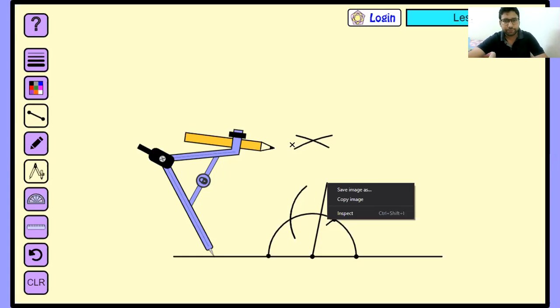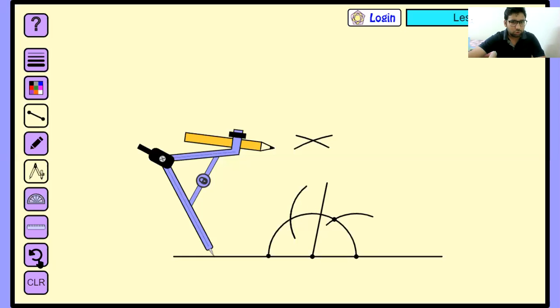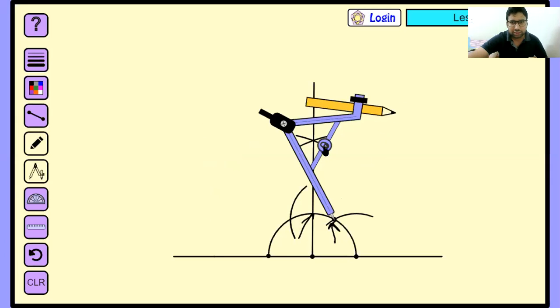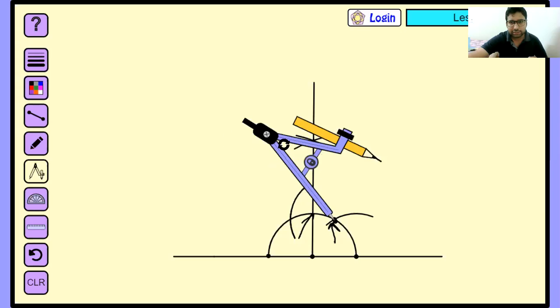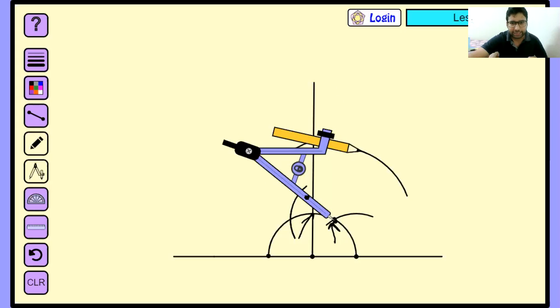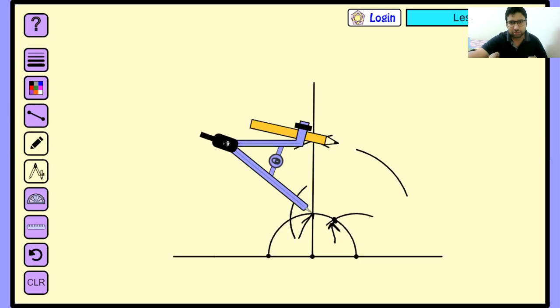Oh, sorry. How to remove this? Okay, now it's okay. Again, line. So we have got 90 degree angle. To draw 75, I know I will have to bisect the angle between this 60 degree and this 90 degree. So very easy. Bring compass on 60 degree now. Take the first arc. I'm making it a little bit closer now. The first arc like this. Then keeping on 90 degree point, I will take the next arc.